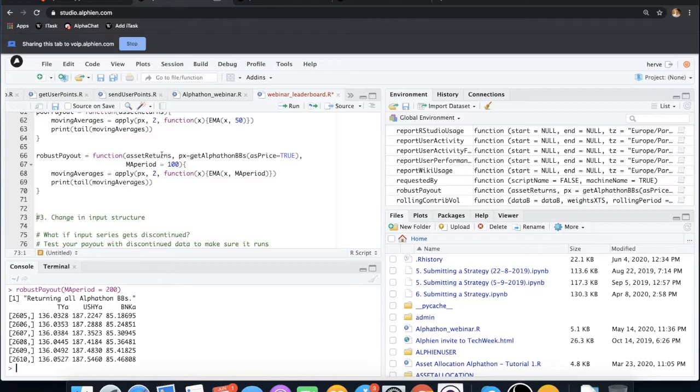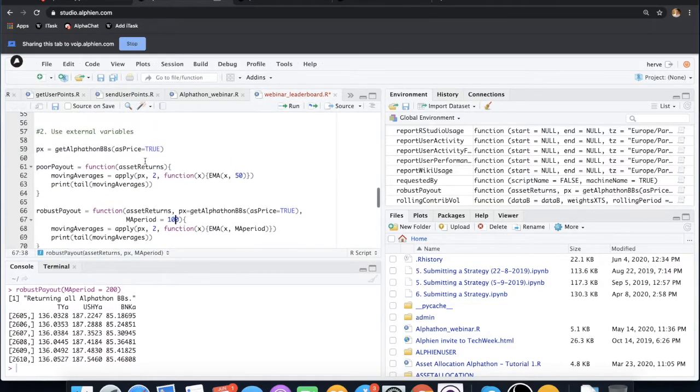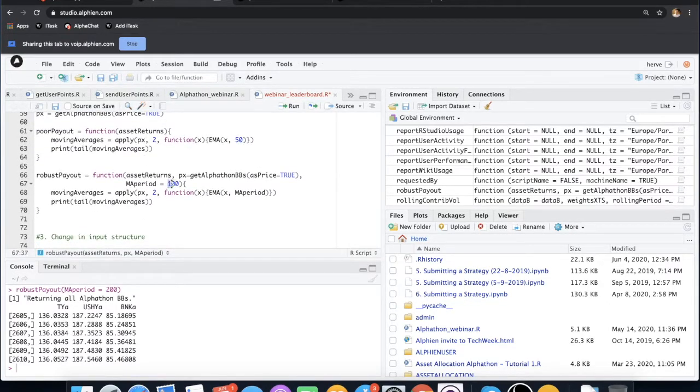Here I've only defined one single period for your moving averages. So here, as I was saying, you have gained a bit in flexibility. Now, if you want to complexify your payouts, you can push that even further. And rather than having only one value here, you can have a range of values, between 50 and 100, for example, and decide to compute moving averages over this range, and then maybe take an average of all the values within that range.